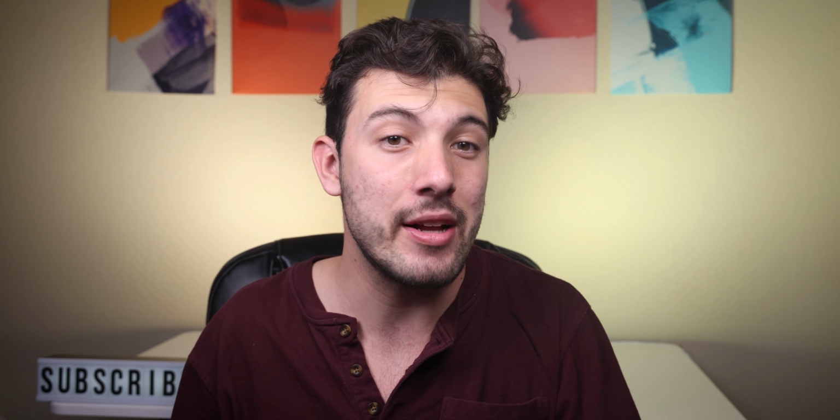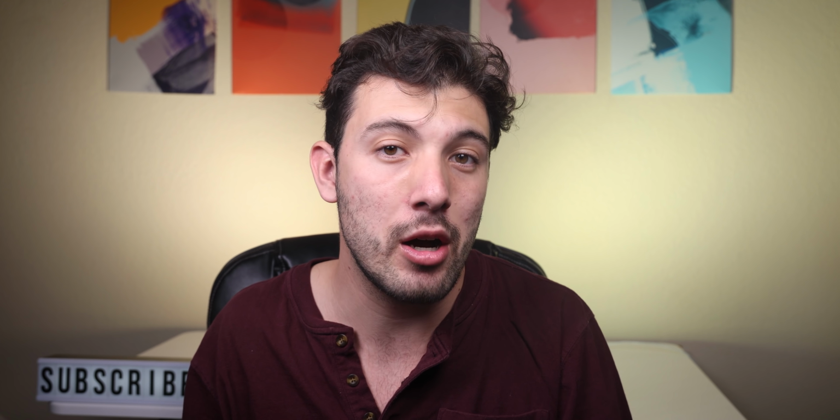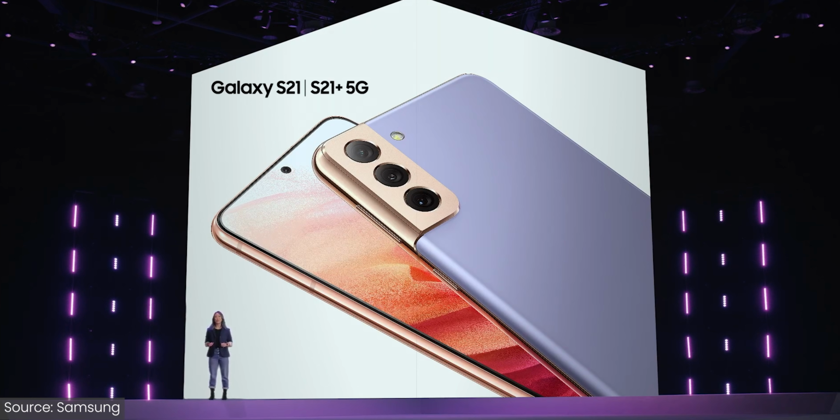But one that's a lot more justifiable for someone who's been rocking a 3 to 4 year old smartphone and wants to pick up something new that will last just as long, especially now that Samsung promises 4 years of updates. Of course, there are cheaper phones in the Galaxy S21 lineup as well, but that brings me to my next point. If you're considering one of the lower priced S21 models, of course you're going to see a few cut corners compared to the Ultra series